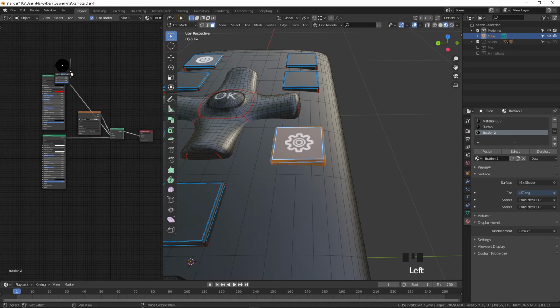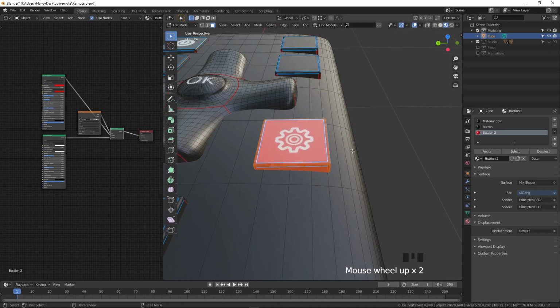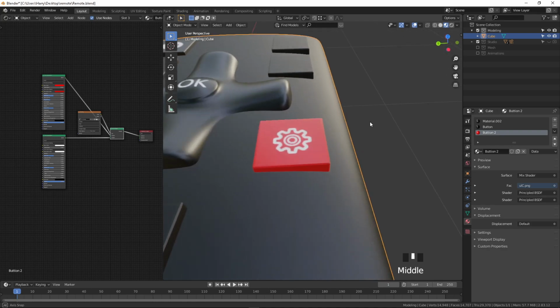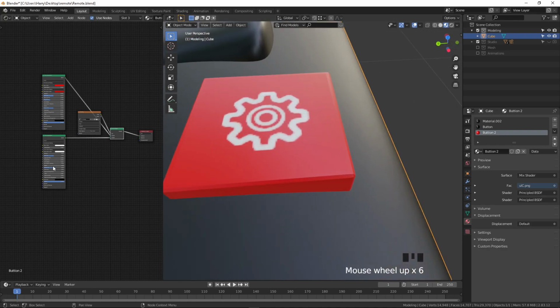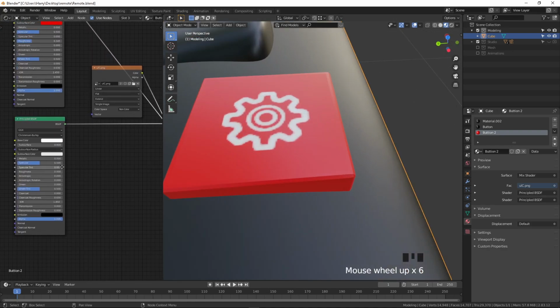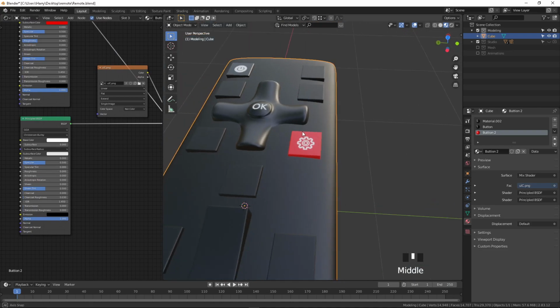Select this and unselect everything, go to the red options. Now it came as red for us. Yeah, fine, everything is fine.